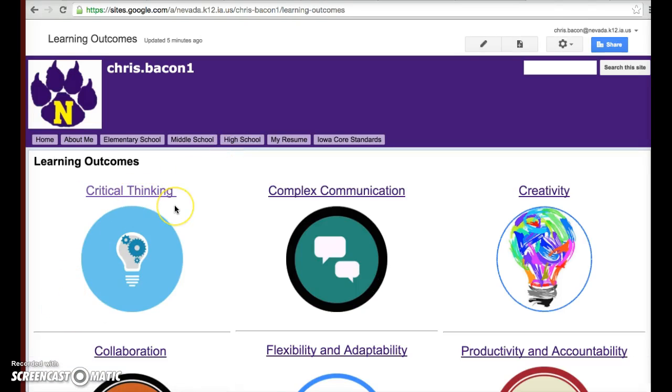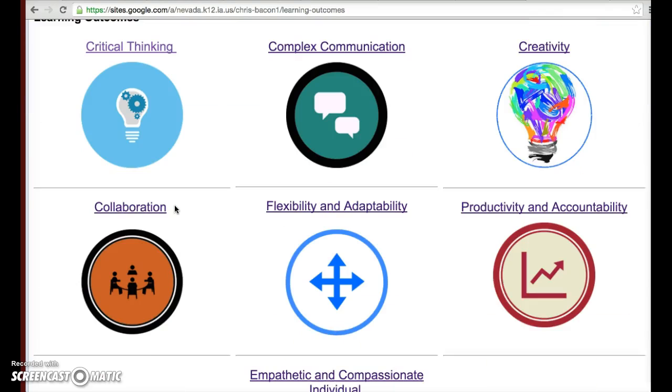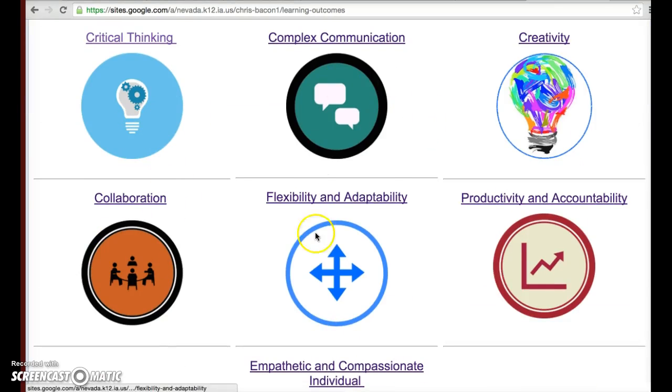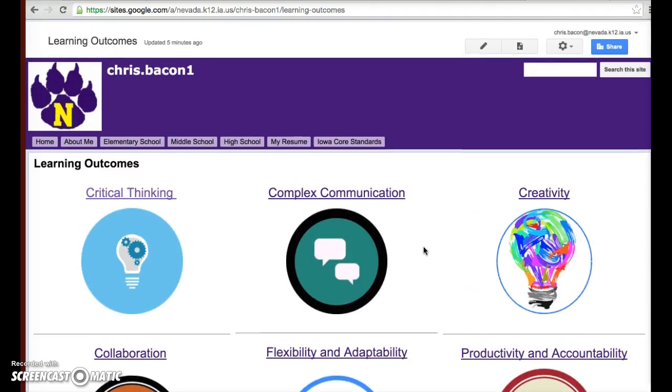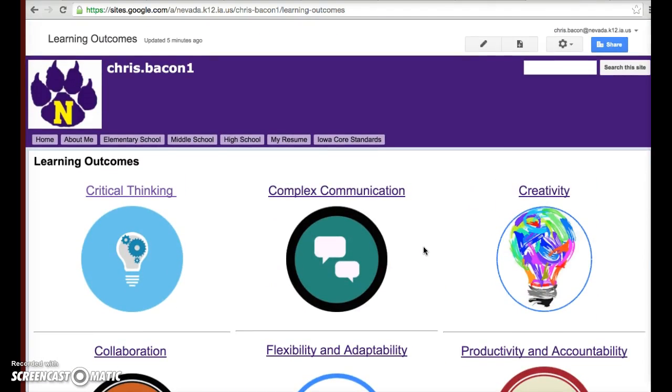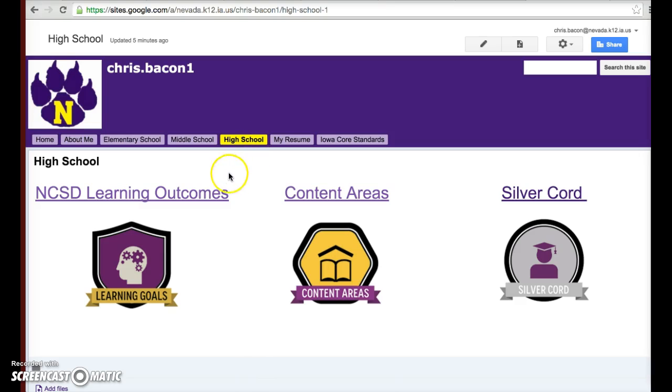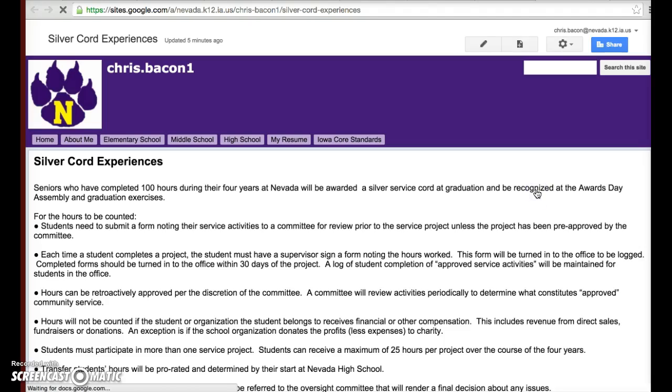So new post. First, in Google Sites, it does not let you tag, so that's one of the downfalls. So there's different areas that you're going to want to put things in, and this is just going to be really helpful for college admissions and as a resume and things. So you have your learner outcomes, you have your content area,